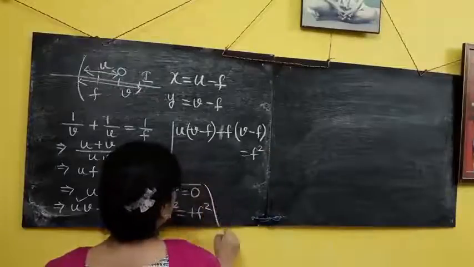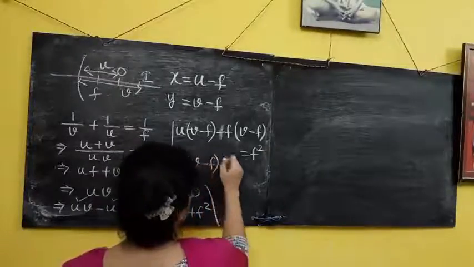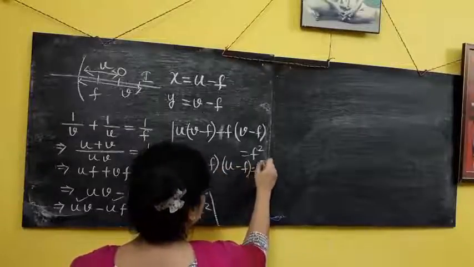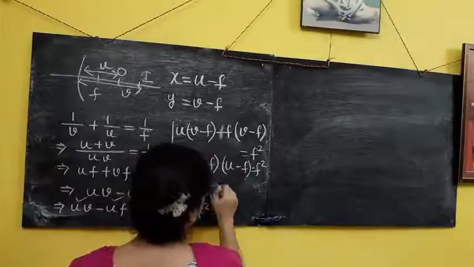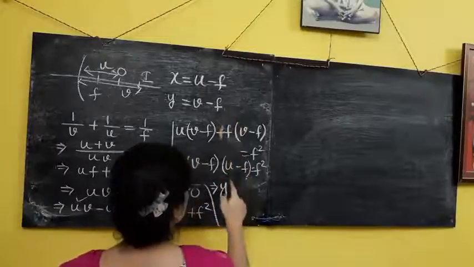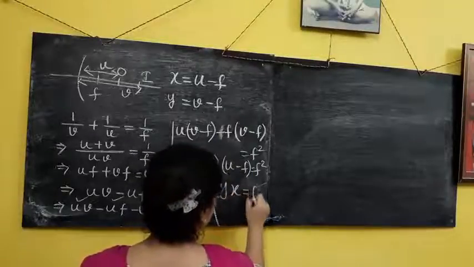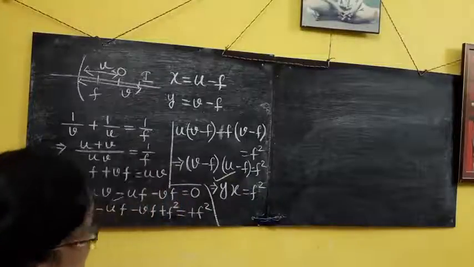So from there I get v minus f into u minus f equal to f square. In place of u minus f put x, and in place of v minus f put y. So xy is f square,